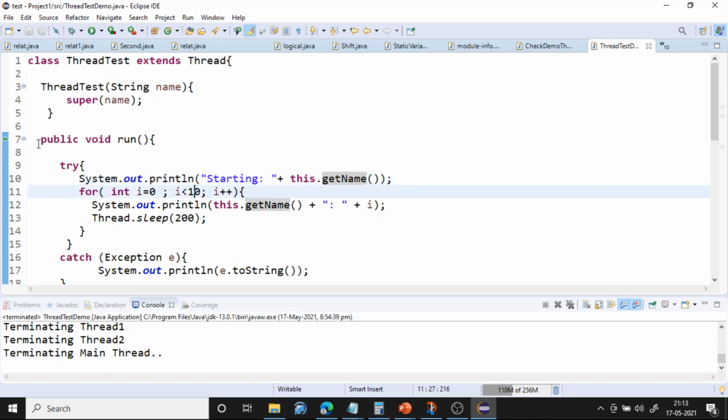Then we are running a for loop for i equal to 0, i less than 10, i plus plus, System.out.println this.getName, again it will return the thread name, colon i. So here i will be displayed, and this.getName will tell which thread is currently executing this for loop, and then whatever the current thread, we are making it sleep for 200 milliseconds. So sleep is a static method which is available in the class Thread. How do we know that it's a static method? As it is a static method, we are calling it using the class name and the dot operator. You need not create an object. Static methods can be called by using the class name and dot operator.